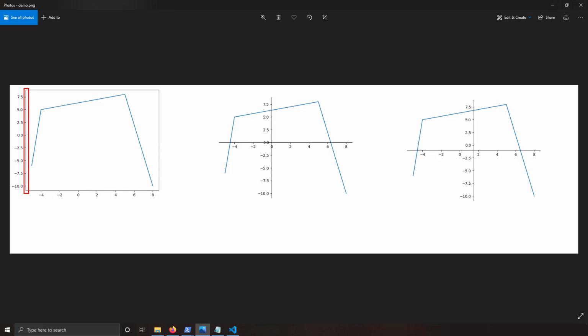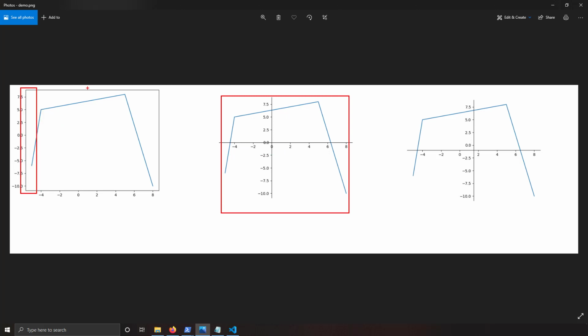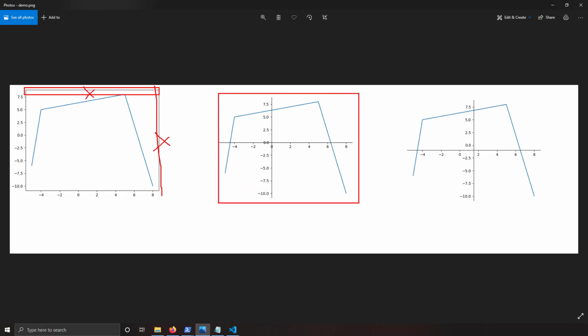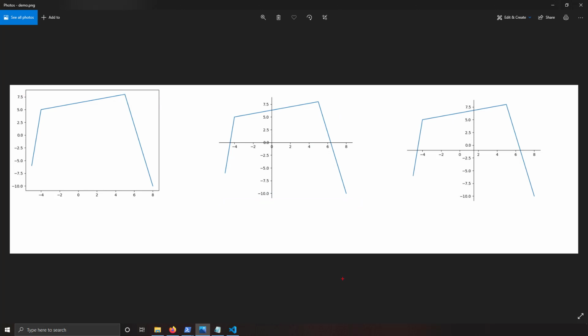This is the left spine, this is the bottom spine, this is the right spine, and this is the top spine. In order to achieve this type of result, we can move the left spine to the center of the figure, and then move the bottom spine to the middle of the figure so that we can get a setup like this, and we can make the top and right spines disappear so that I get a plus-like look and my desired look of the plot. So let's try to do that with a demo.